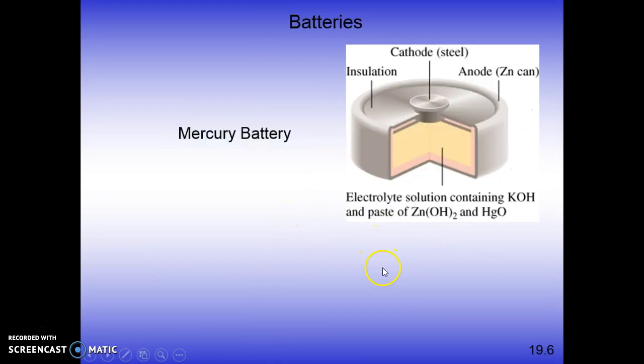Mercury batteries, again, you've got the layers, you've got the paste being the,